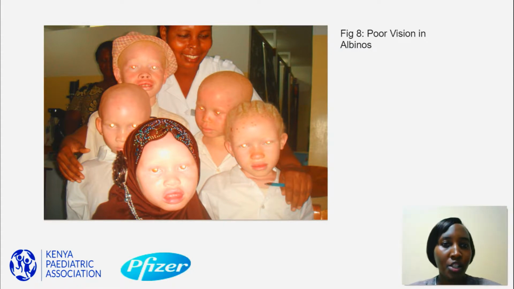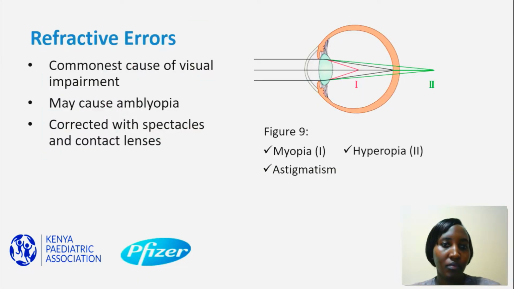There are some conditions that in themselves are indicators of poor vision, and one of them, and very common, is albinism. Because of the poor pigmentation in the retina, most of the children will have poor vision, and they'll also have refractive errors. The next condition we'll look at is